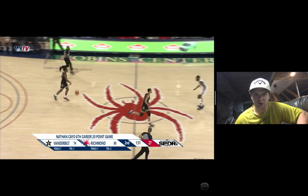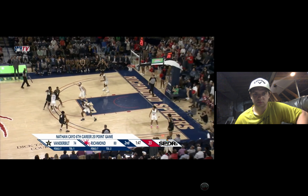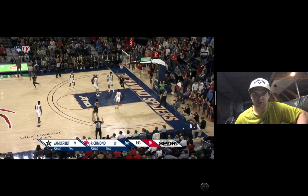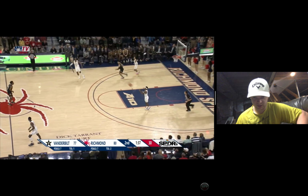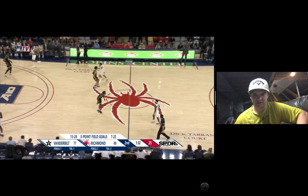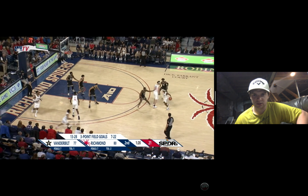Seems like everybody on Richmond's team is going for 20 today. They ran a little flare action for him right there. Couldn't get it to him, but Saban Lee made him pay. Saban Lee could be a pretty good prospect, too, if he learns to consistently knock down that jump shot. I think he's coming back to Vanderbilt probably. I think he'll probably end up going back. I don't know if he's made his decision yet, but